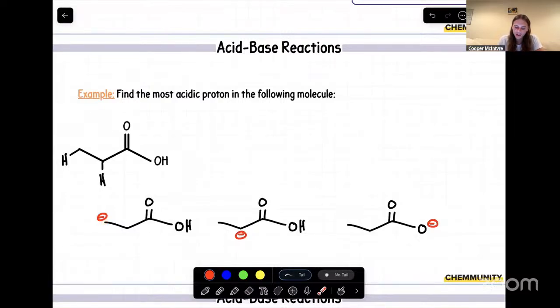But if we move on to our next proton and we were to look at its conjugate base, we see that the negative charge can actually be delocalized since there's a pi bond right next to it and it's being delocalized through resonance. So we'll keep that in mind that this conjugate base does have resonance. But if we were to look at our neighboring molecule, we have a negative charge on our oxygen, and that negative charge is right next to a pi bond, which means it can delocalize through resonance.